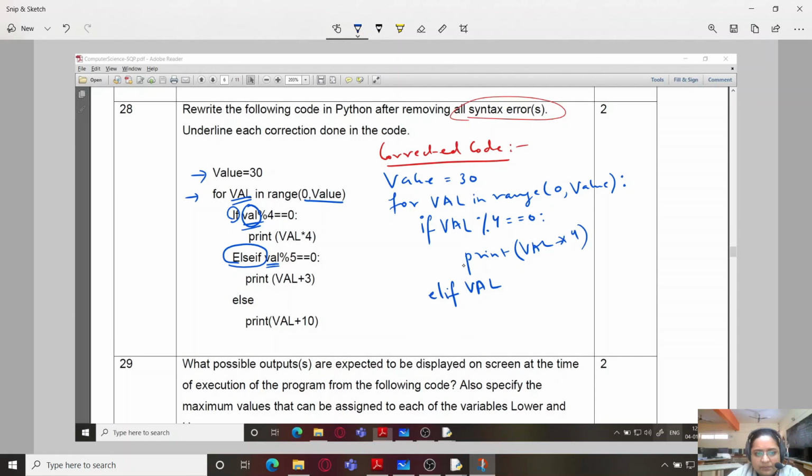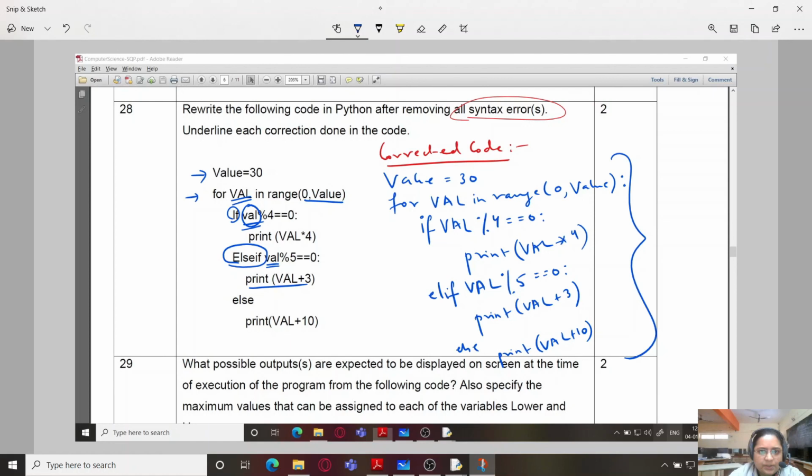So this is the corrected code, and you also have to underline the correction, so you will be doing it in this way. You can either underline or you can encircle it also. Then we have this one, and else also you need to put this colon.